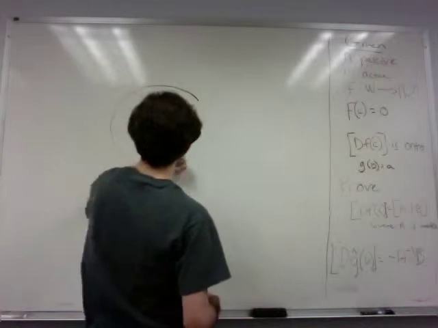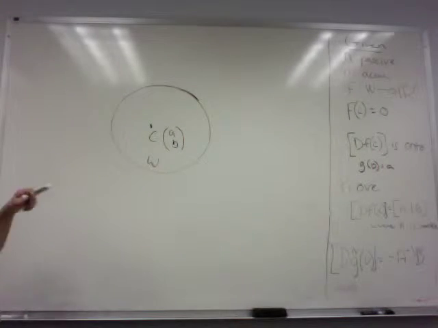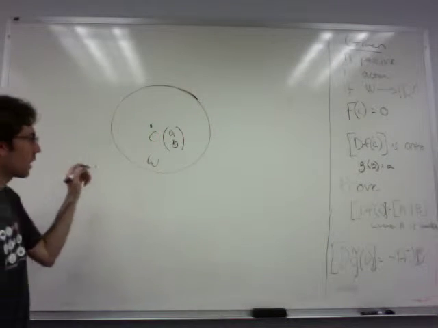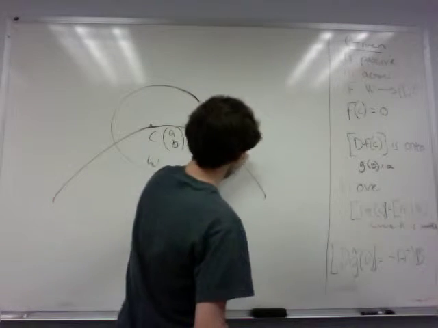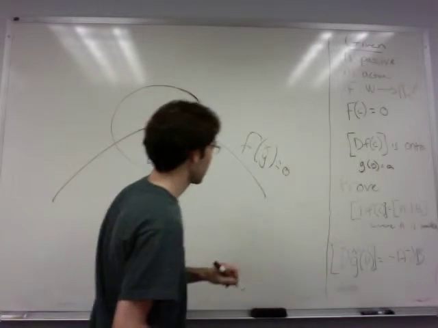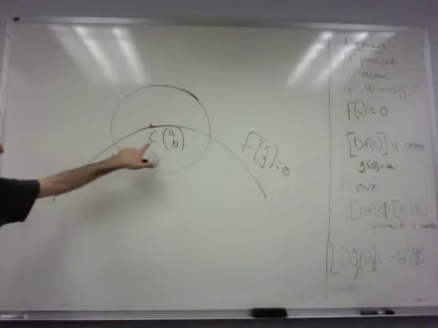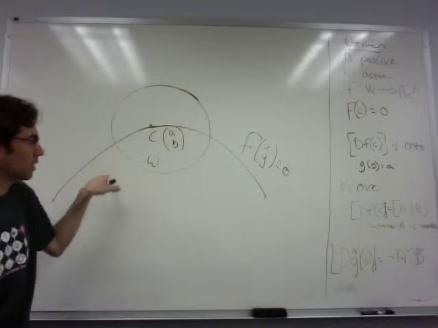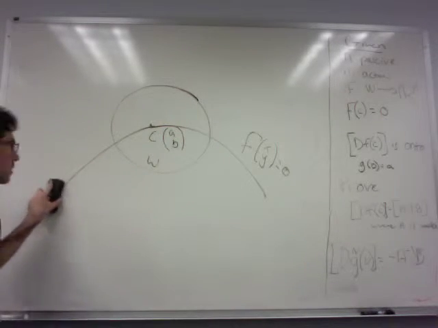We also know from the question that this point is within a neighborhood called W. And finally, we know that this is all taking place within a function that is equal to 0, that's constrained to 0. So here's our point, here's the neighborhood, here's the function that constrains it. Okay, with that in mind,